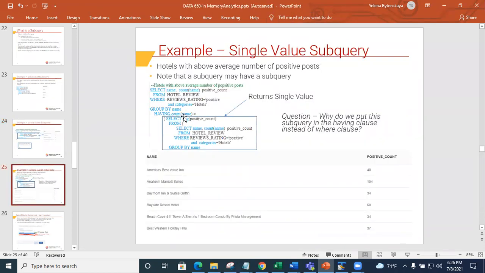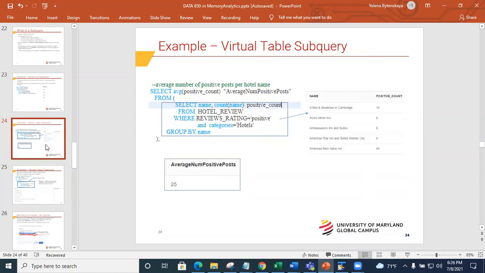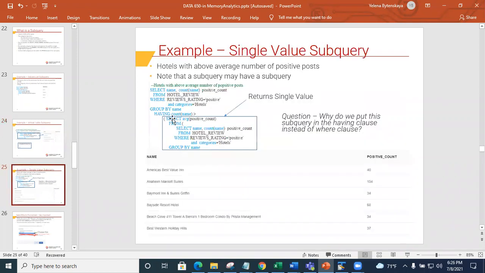I'm adding that query that you saw on this slide as a subquery. See this having. What this will do is that it will give me the hotel name, and it's gonna give me the positive count, right?